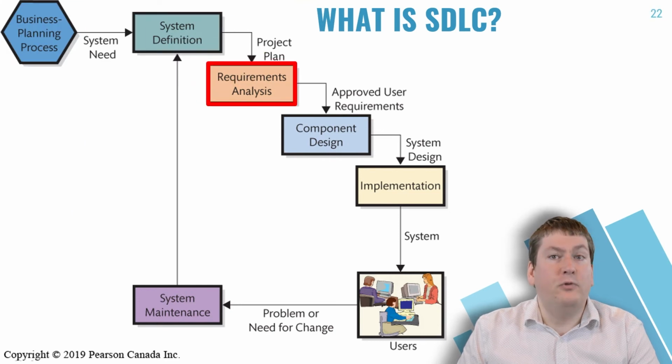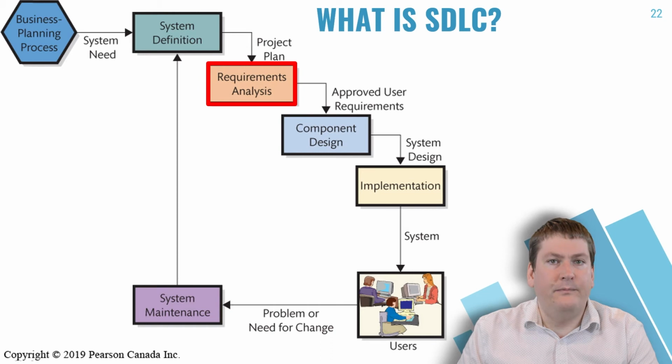The next phase is requirements analysis. In this phase, a project team is created, and they take the project plan and scope document created by management in the system definition phase and attempt to break it down into individual parts called requirements. This involves identifying all the features and functions that the system will perform to meet the goals and scope of